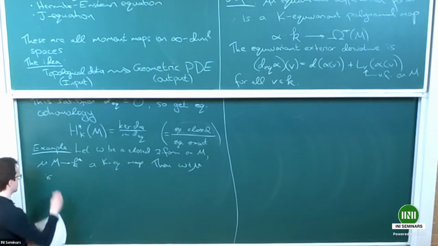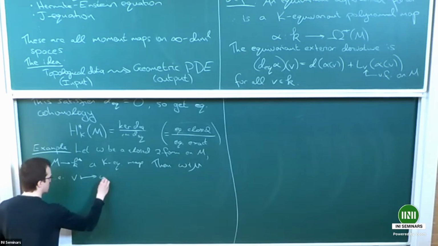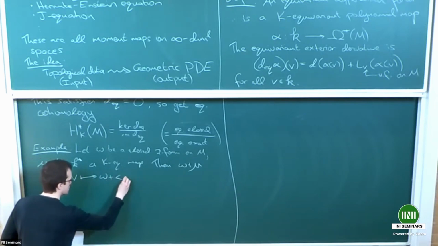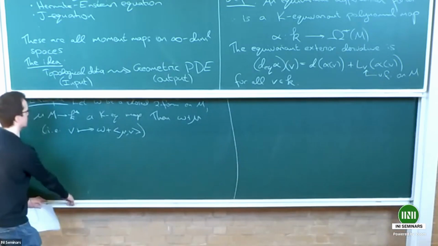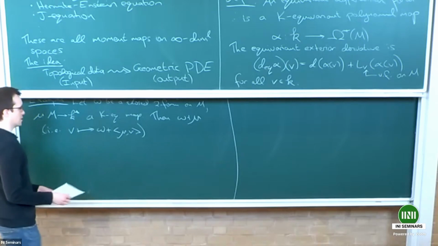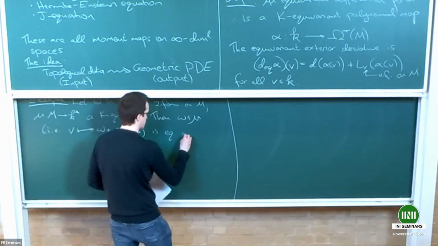So this, i.e. the form v maps to omega plus the pairing of mu with v, is equivariantly closed